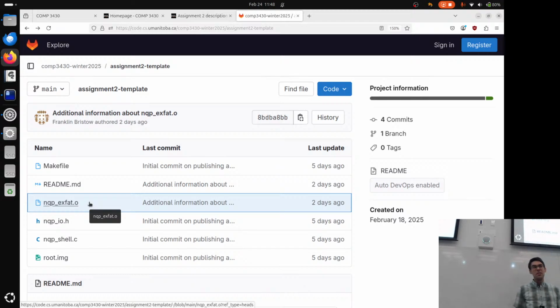Which kind of brings me to a related question: will you give us the .c file for this exFAT implementation? I kind of have a philosophical standpoint on this. I'm very happy to have you come and talk to me in my office about my implementation. I'm very happy to show you my source code in person, but I'm not going to distribute my source code for this last assignment. It used to be based entirely on this: I don't really like it when my source files show up on Chegg and Course Hero, because that's kind of like violating my copyright. I don't want people to steal my work, and I don't really want to have it up there for students to find and use for academic integrity violation purposes.